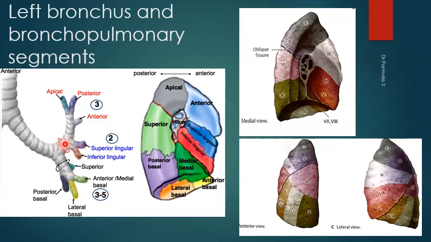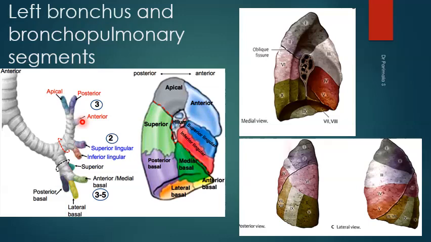So the upper lobar bronchus divides into an ascending and a descending one. The ascending again divides into two tertiary bronchi, apico-posterior and anterior. But occasionally apical and posterior may be seen as two separate tertiary bronchi. And in such a case, the ascending branch subdivides into three tertiary bronchi. So in this image, we can see three tertiary bronchi are formed here.